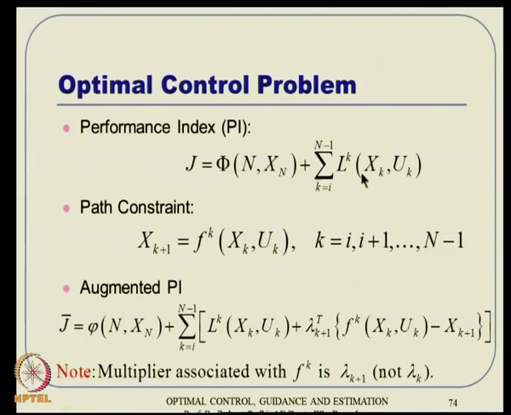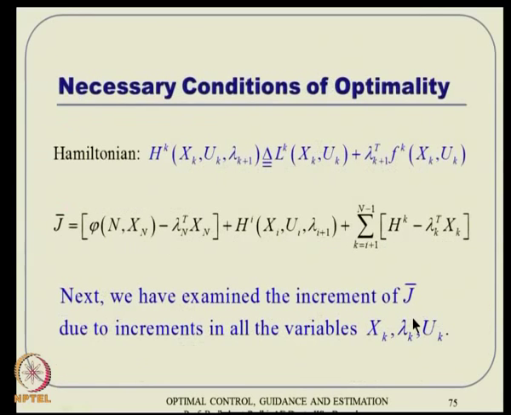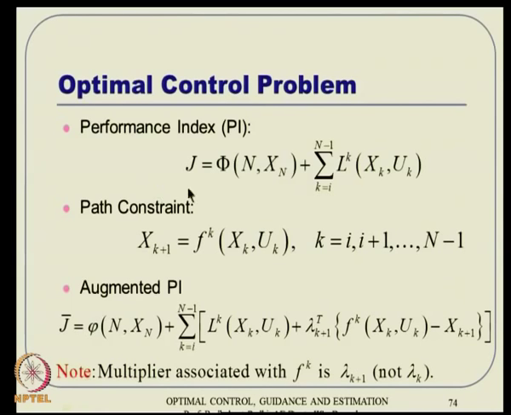So the performance index was all given in discrete time, and path constraints were also given in discrete time. The augmented cost function is also like this. And then we had the Hamiltonian described in a very standard way. The only difference here, of course, is the association of lambda k plus 1 here is not